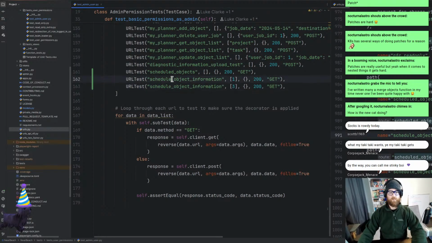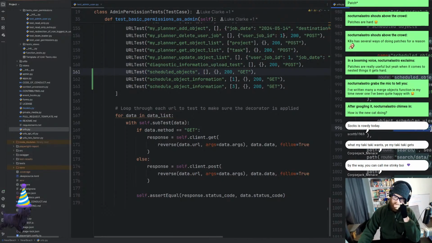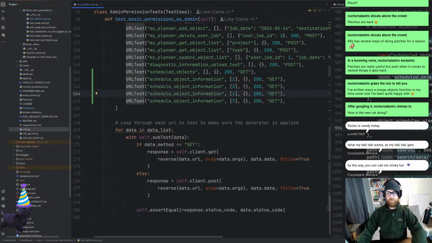privileges. So we've got the scheduled object information. We've got the scheduled objects. So having a look at this, we've got that, and then we've got to do the save. So I'm going to copy those 2 lines. We're going to paste them after, and we're going to just paste that. It's just going to be easier if I just